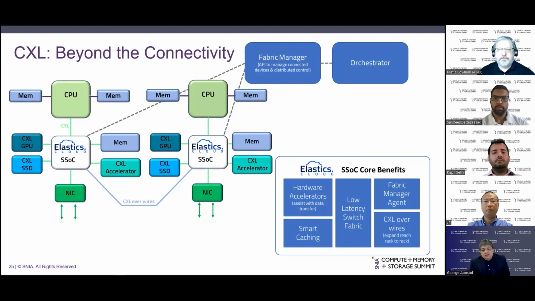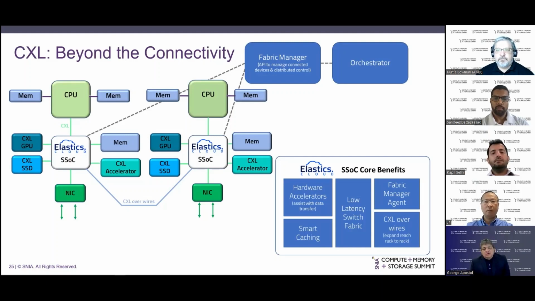And the question then became, how do we manage all of these devices from a system level standpoint? And so what we're looking at is not just connecting these devices to processors, but also the management of those devices. How do we create a fabric manager that can then manage the ecosystem of components that are